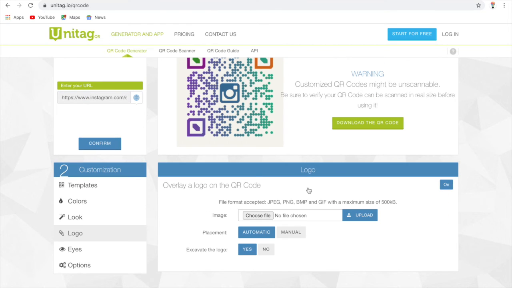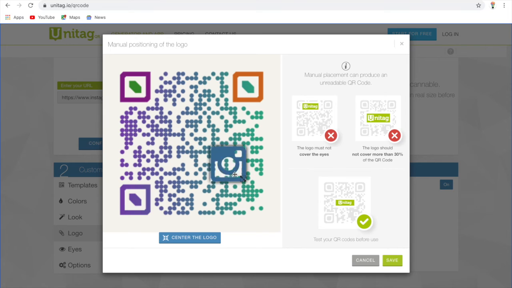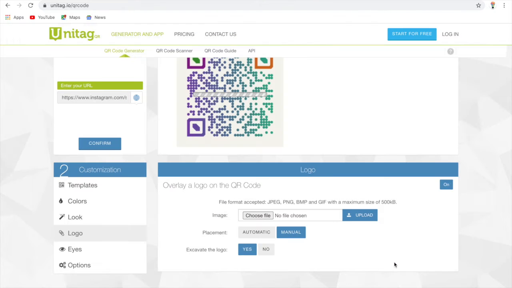I forgot to tell you one thing, that we can place this logo anywhere in this entire QR code picture. So we will go to the logo and placement here. This is the automatic one which has been already done, and by going into the manual we can place this logo anywhere we want. For example, I am keeping it here and save it.